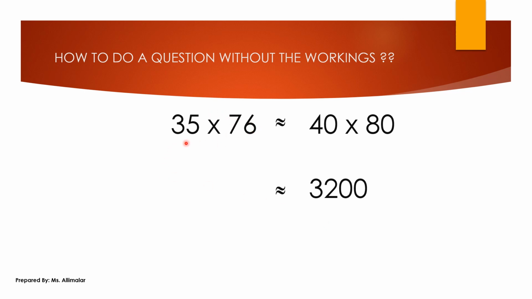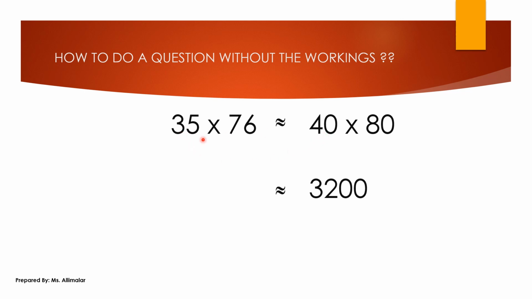So what you should do is 35 times 76, very simple. Look at 35. You have only two-digit numbers here, so round off to the nearest tens. This is the tens place, correct? So you will take this number together, 35. If you round off, it will lead to 40. It's not 30. Do you know why? Because look at the ones. This is number 5. If the ones place is 5 or more, if you round off 35, it will